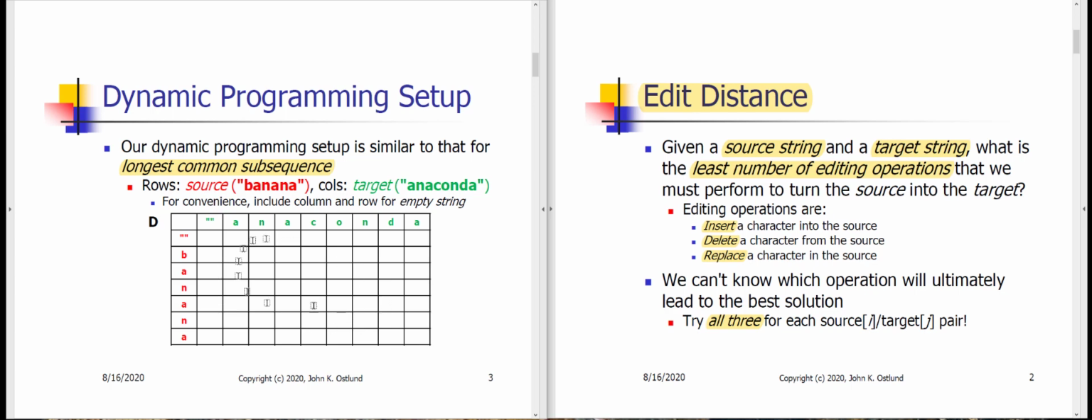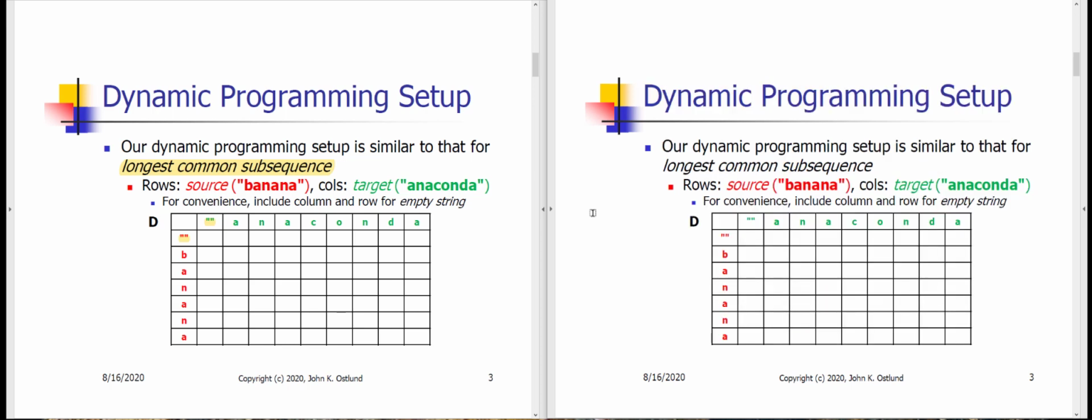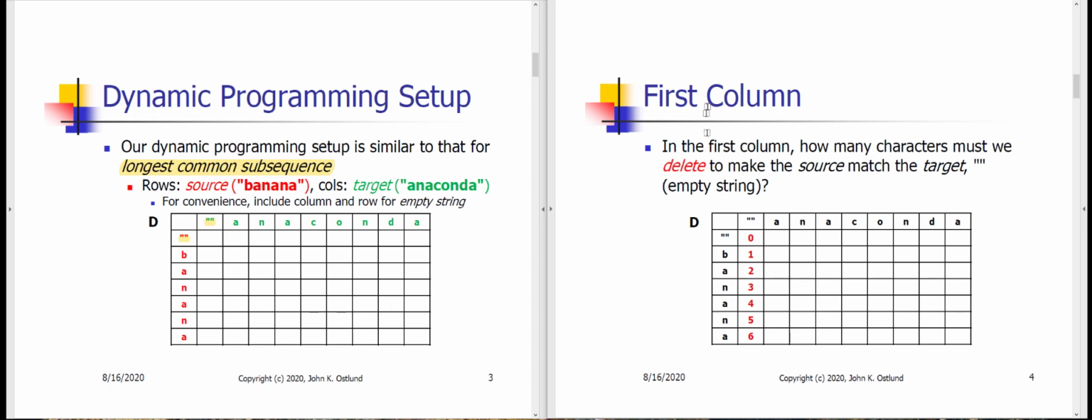And then what we are going to do is to fill in the edit distances between increasingly long prefixes of these strings. Okay? We're also going to have a column and a row for empty strings. All right, so let's take a look at what we're going to do with this array. Now, the first column